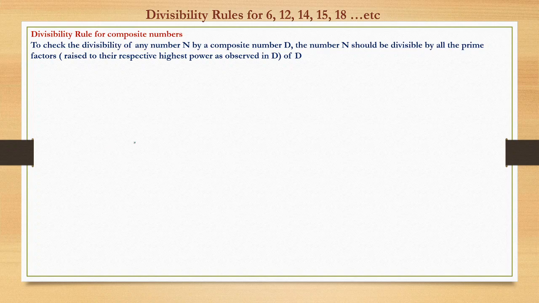Suppose I want to check for 12. In this case the divisor is 12. So 12 can be written as 2 squared into 3, right? So a number n will be divisible by 12 if and only if n is divisible by 4 and n is divisible by 3. So n will be divisible by 12 only if condition A,